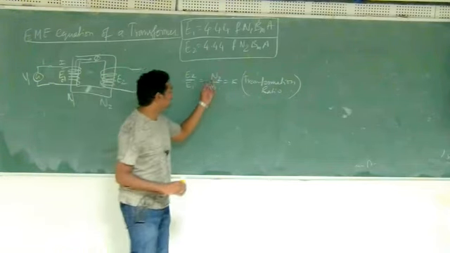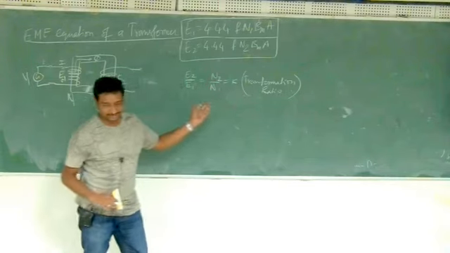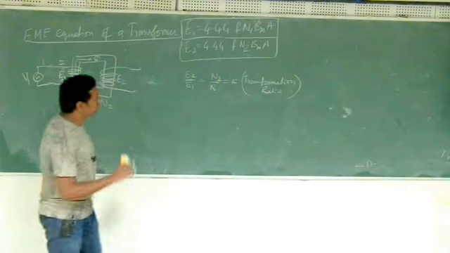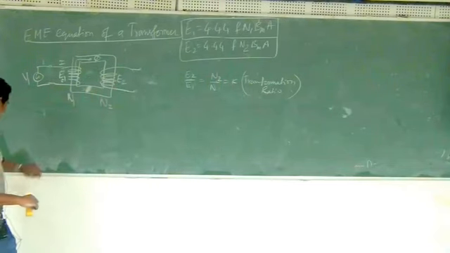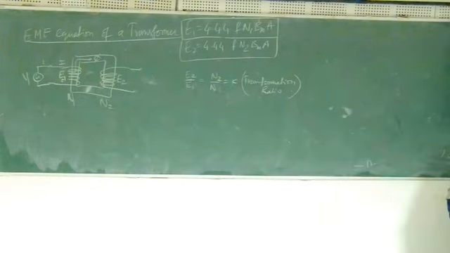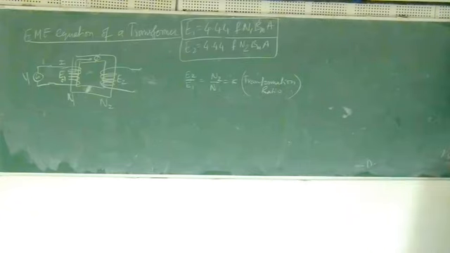So you can consider it as output secondary number of turns by primary number of turns is equal to K. So how to use this K? It will come later. I am just defining that. I think I will not waste more time on this point. Let's quickly do one problem on this so that you get some idea what it is. I'll just give you the question.